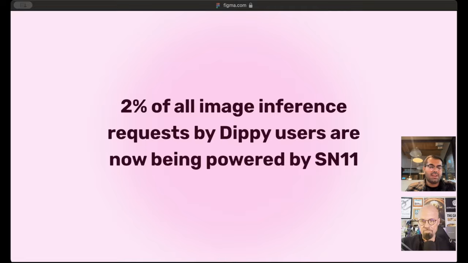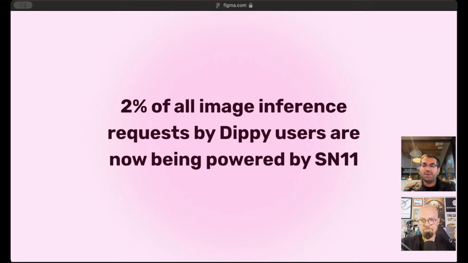One of the incentives that we wanted to align on was that we don't want the subnet and the main Dippy consumer app to be decoupled. Because if they're decoupled, our incentive to work on the subnet is a bit muddy. We don't care if the subnet goes down because we are not using it ourselves. As long as our services are working, we won't be focused on that. And so we've coupled both together. So if the subnet goes down, the Dippy app will become dysfunctional, which would be catastrophic. And so we want to do right by ourselves, but also do right by all the customers.